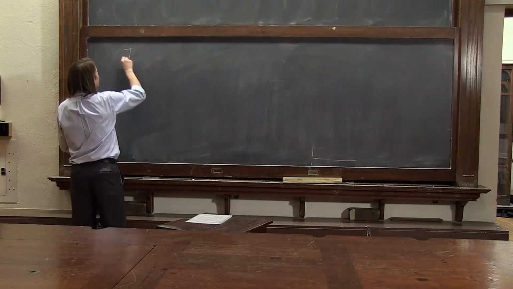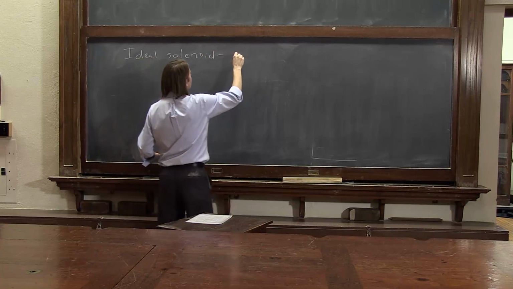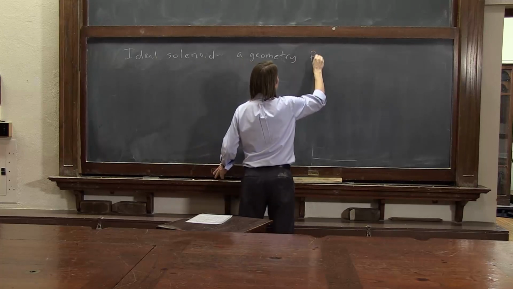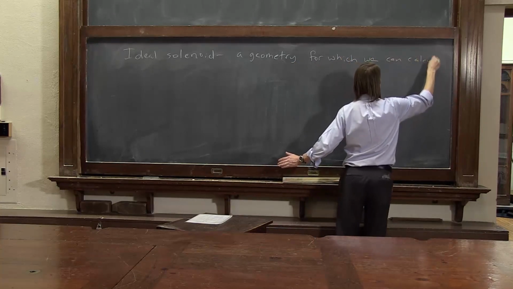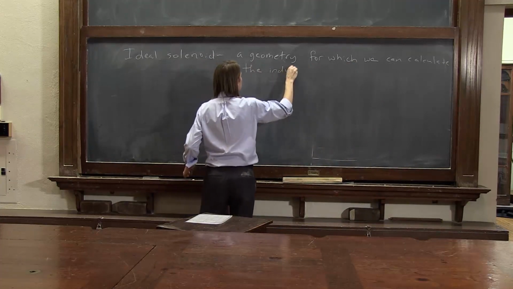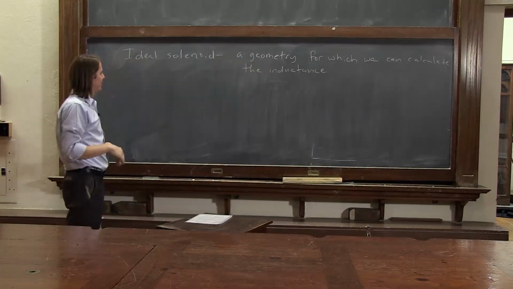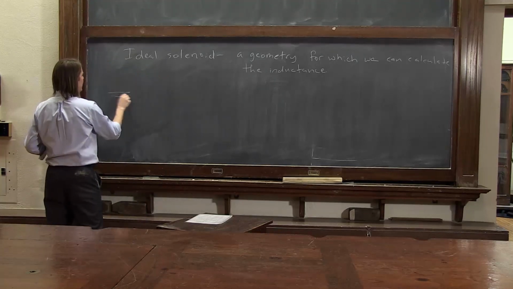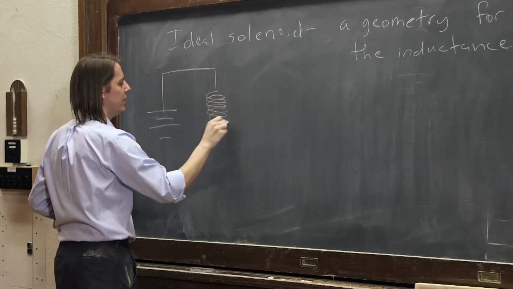Here, let's look at the ideal solenoid, a geometry for which we can calculate the inductance. As I said, for typical devices you would buy, it's going to be very complicated. You would just measure it. But there is actually one we can calculate it for, and we should do that because then maybe we'll understand it a little better. So we have our circuit here, and this inductor is an ideal solenoid